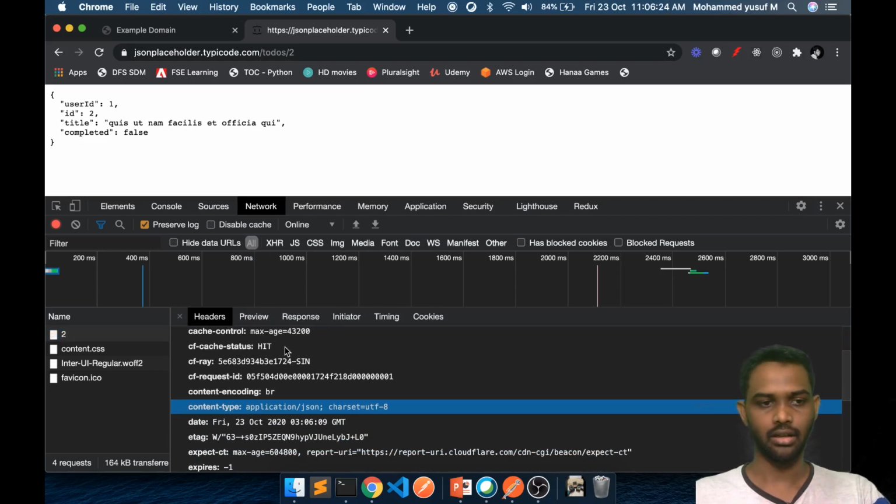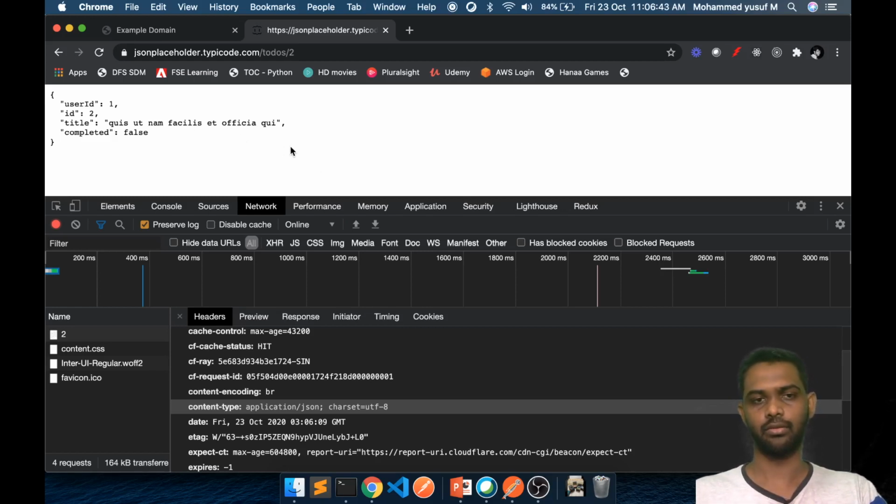So the bottom line is the HTTP GET works in a very simple way. You can even use your web browser to test it, but the point is we cannot add any more custom headers. Okay, so let's see what it is now.